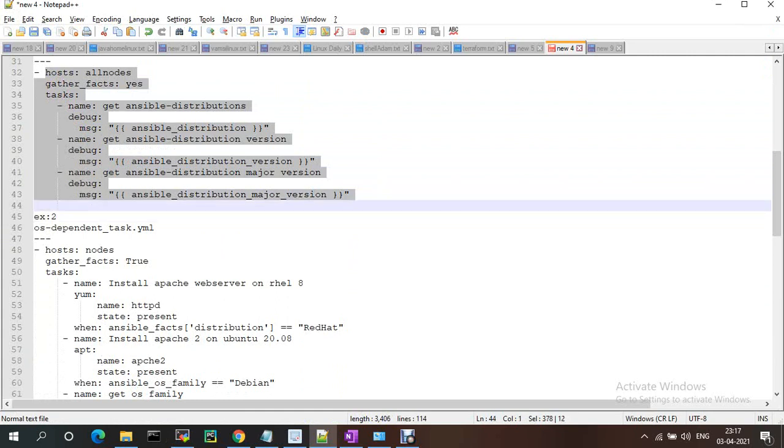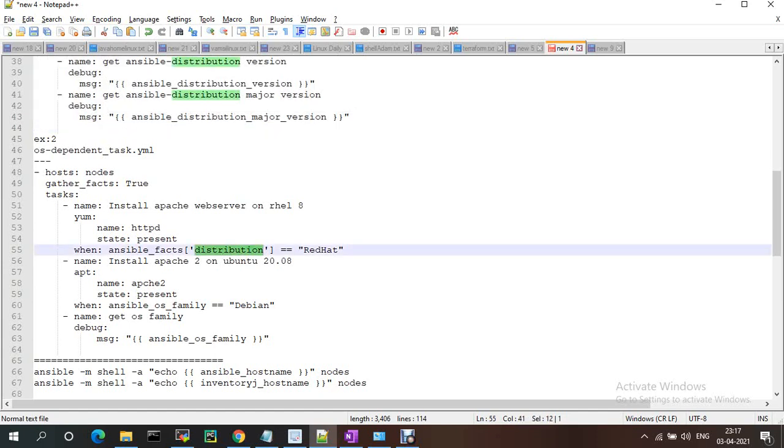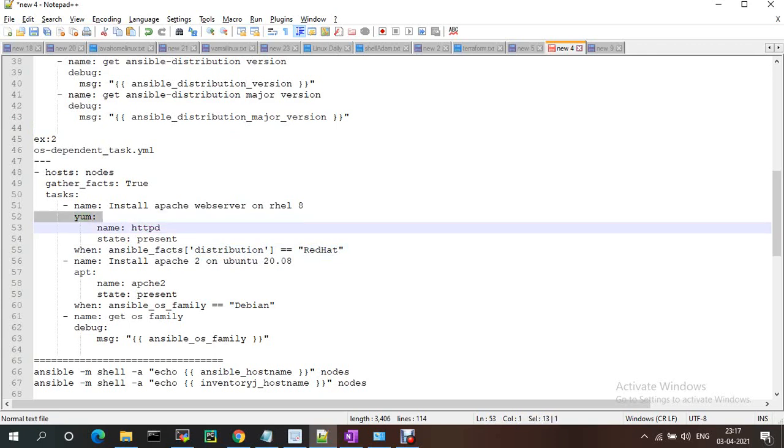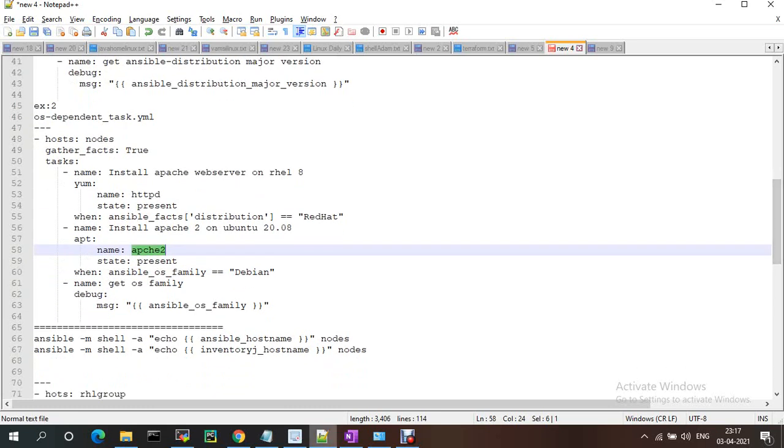This is the OS related node information. Based on the OS family, we need to install the Apache web server. Suppose my OS distribution is Red Hat, I need to use the yum module and install httpd. If the family is Debian, like Ubuntu, we need to install apache2. So for this OS dependent task, let me write one more playbook.